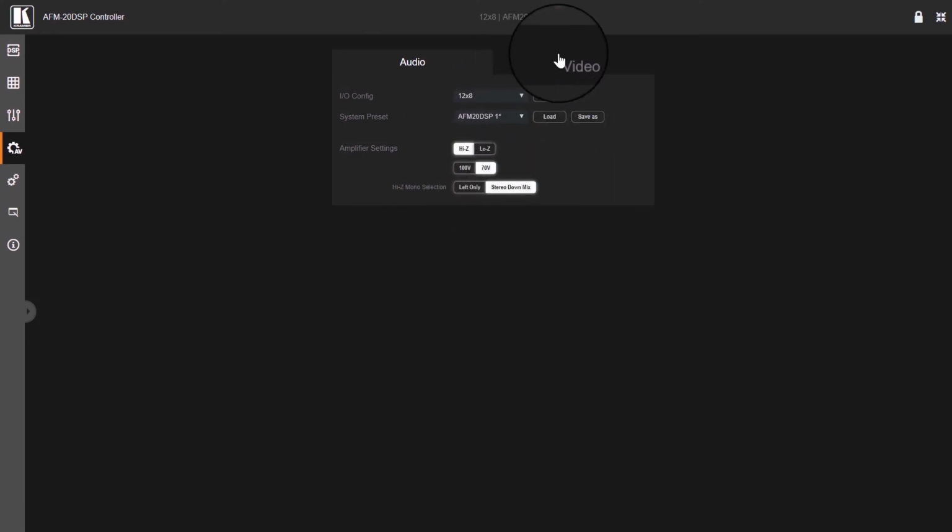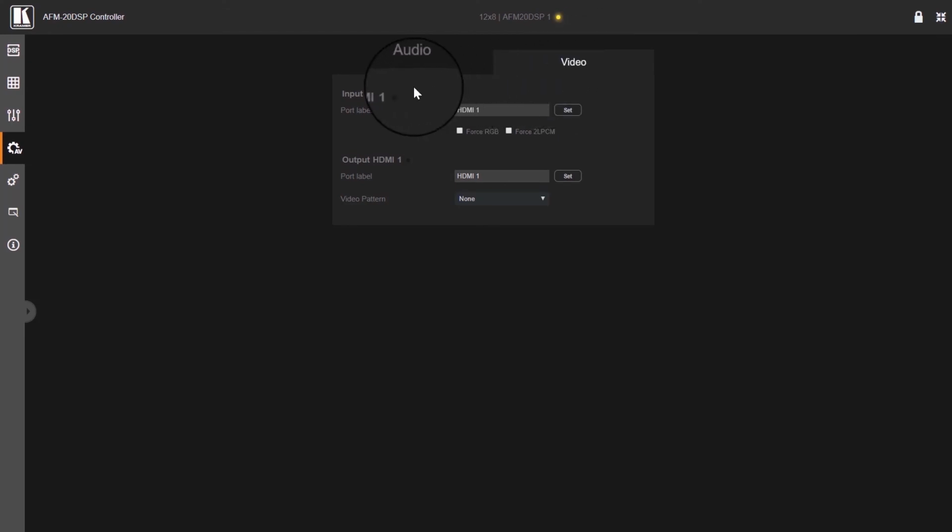Then we have a video pane over here, which we can set the naming for the HDMI input and output, false RGB, false to LPCM, and some video patterns for